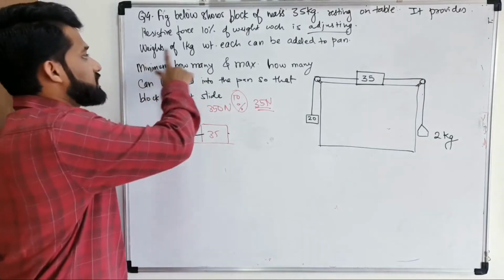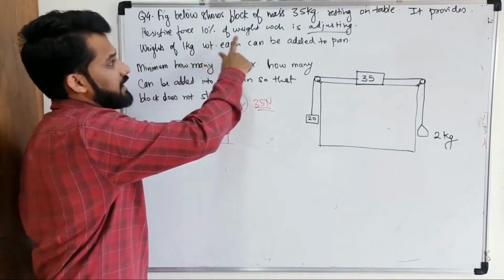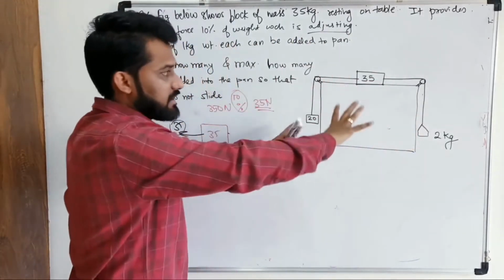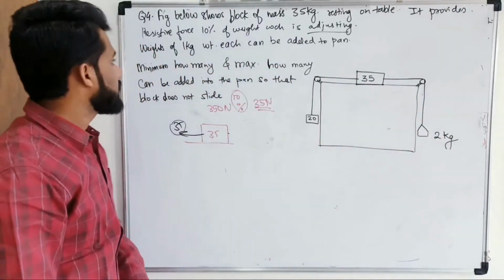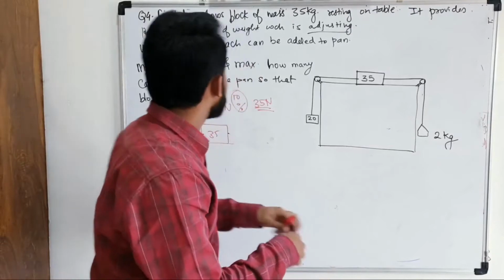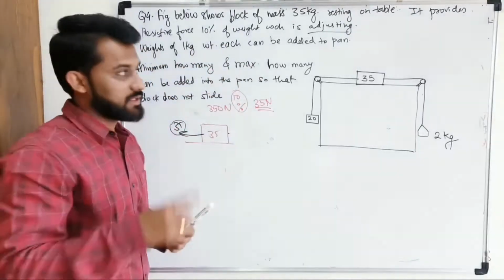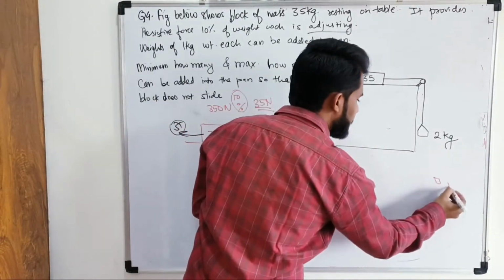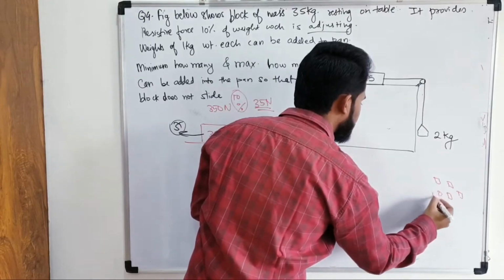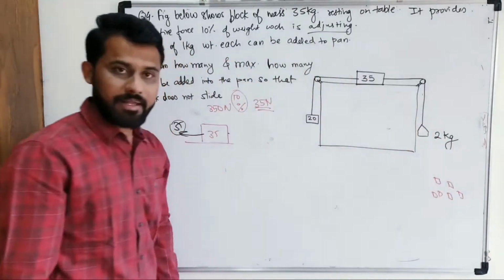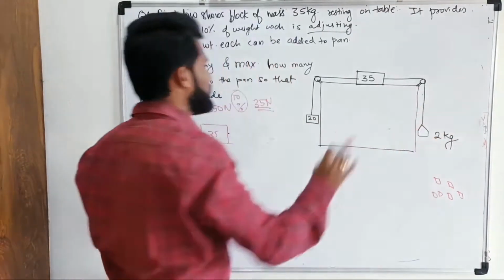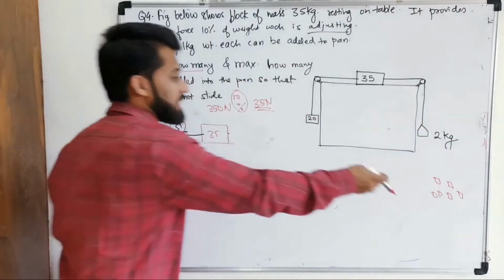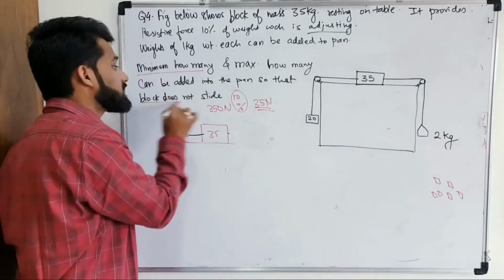Okay, weights of 1 kg each can be added to this pan. So in this figure, there is the 35 kg block, on this side a 2 kg pan, and on this side a 20 kg weight. And in this pan you can add small 1 kg weights. So these are 1 kg weights. Sir, I can lift a 1 kg weight and put it in this pan. So minimum how many of such weights I can put, and maximum how many weights I can put, so that the